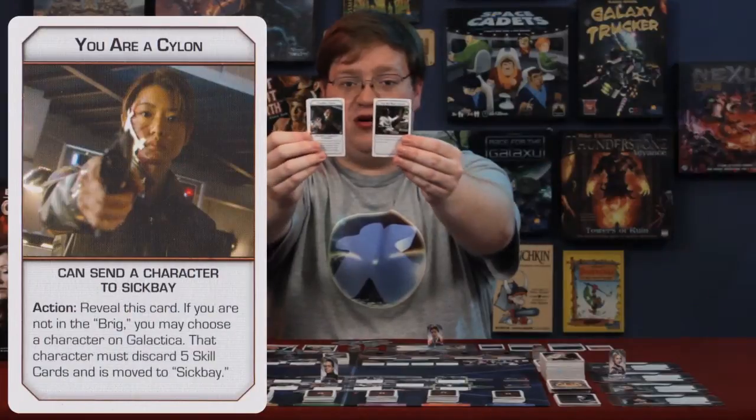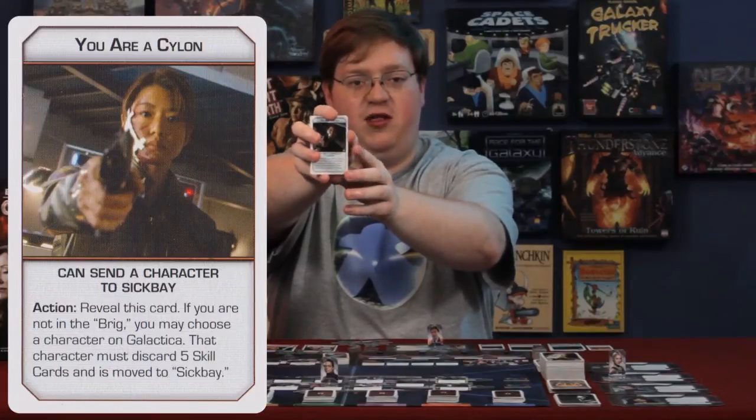Battlestar Galactica is an epic game, and it comes with a lot of components. To begin with, you'll have the You Are Not a Cylon cards and the You Are a Cylon cards. These will be dealt out at the very beginning of the game, and again halfway through the game. If you were given a You Are Not a Cylon card and a You Are a Cylon card, then you are a Cylon. The You Are Not a Cylon cards just have a little flavor text in the middle, nothing much to say there. But the You Are a Cylon cards will give you a special ability when you reveal